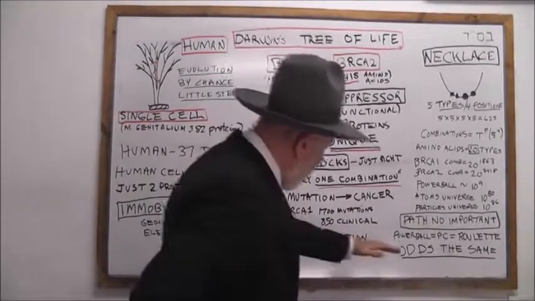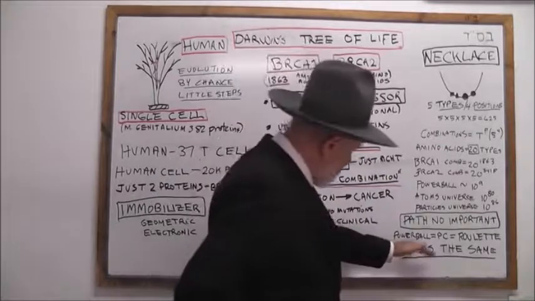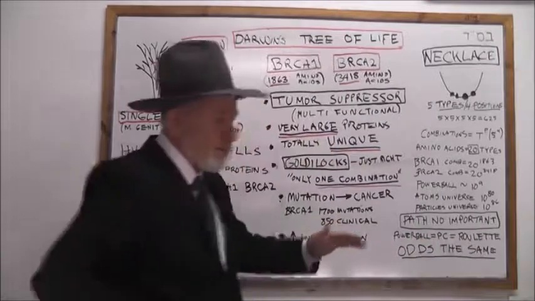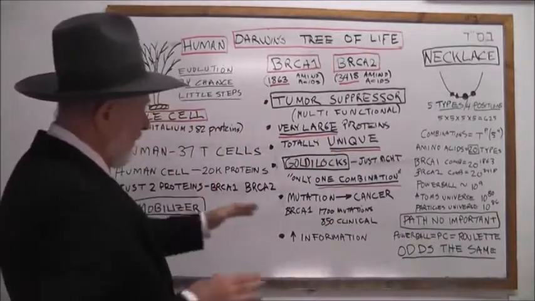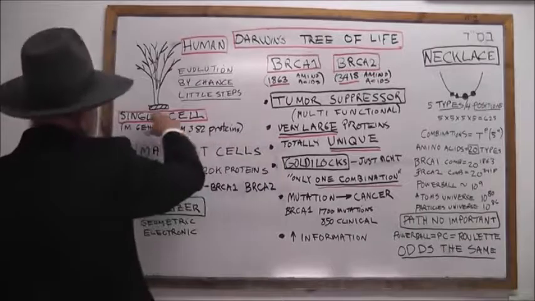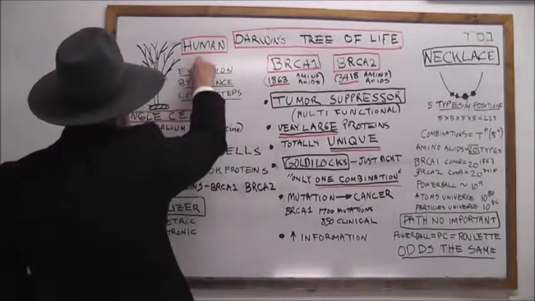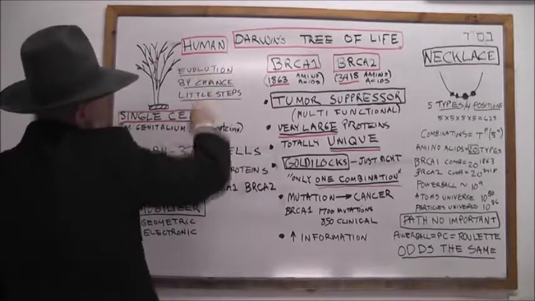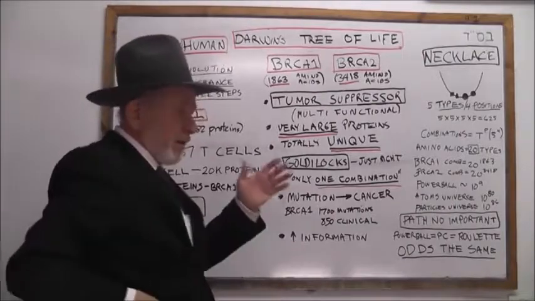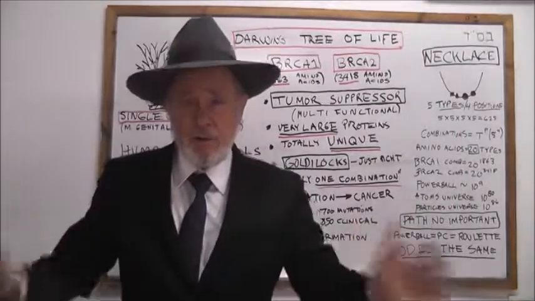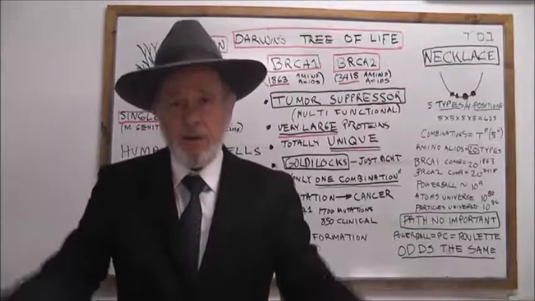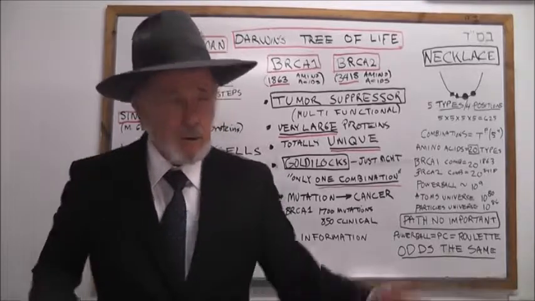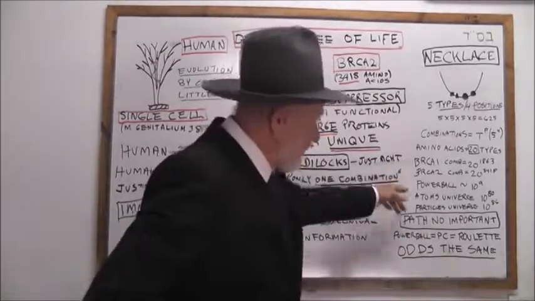Now, the odds, if you look at the video that I have, a larger video, whether it's Powerball or PC or roulette, to generate these random numbers, they're all the same. The odds are really the same. And the same thing is true here for going from a single cell to a human cell, where you don't have BRCA, and here you do have BRCA1 and 2. So the odds are minimally small, but again, it would take billions and billions of generations and billions times billions of years to have enough time to produce either one of these two proteins by chance.